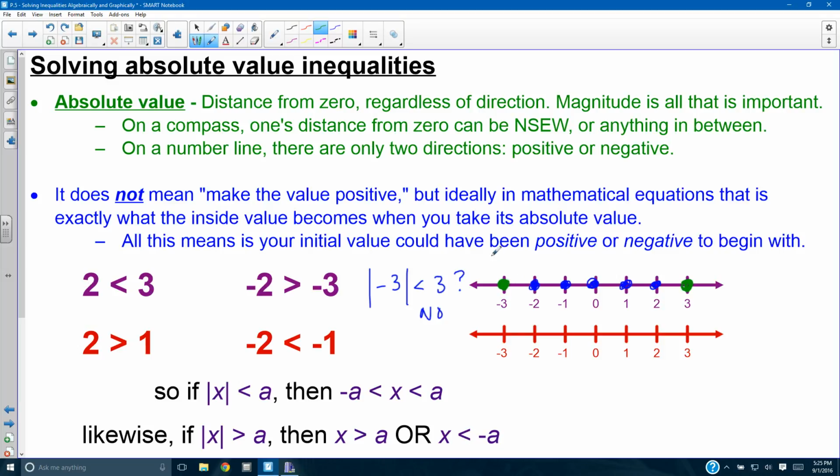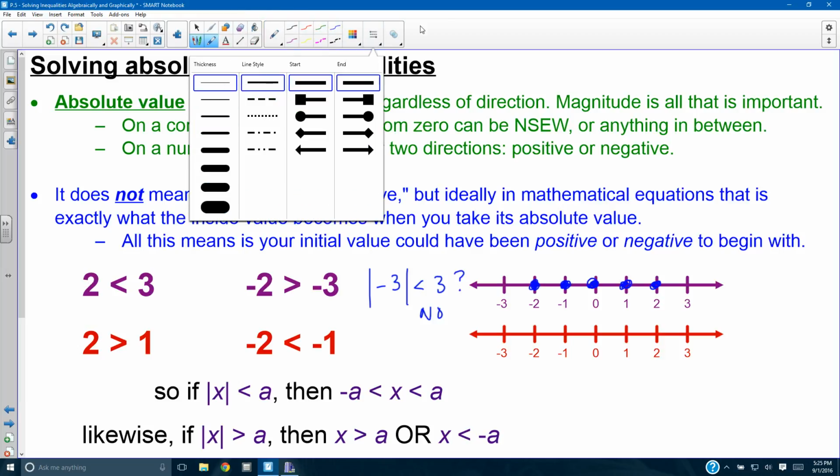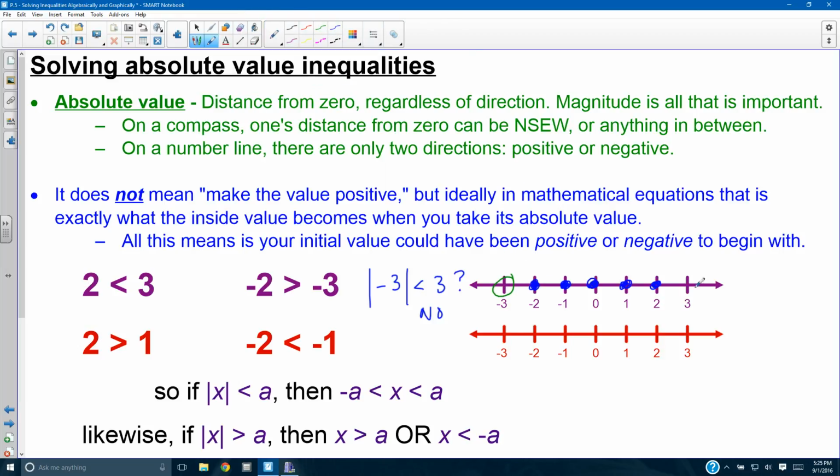I should really be doing open circles right now. Here, let me do that. So when I'm testing 3 and negative 3 against this, it doesn't seem to work. So what's happening